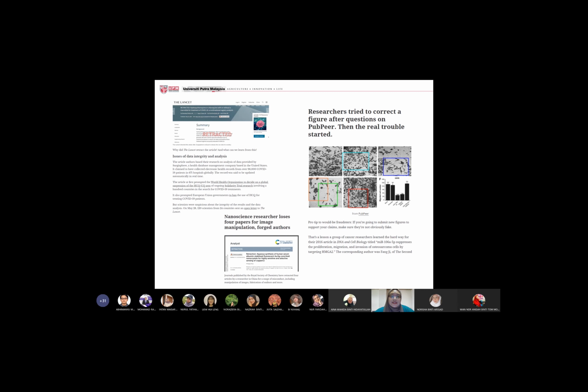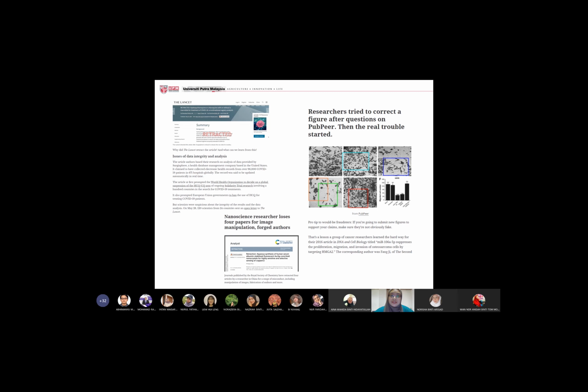So these are some examples, okay? For this one, they want to correct the image, so they copy paste some portion of the image, and then they copy and paste. So that's ethically wrong, and people found out. And you know what happened to the people who are involved. They are very ashamed. Some of them have to resign from their posts because